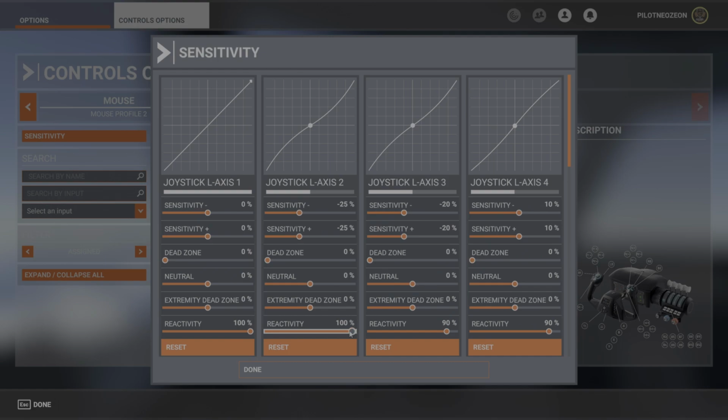But just for my own personal preference, I do it to 95%. Just maybe a little bit of help when it comes to the airliners, but I don't feel like that's needed at all. I feel like you are just fine without that on there. So that is our roll. I'm sorry, yeah, our roll,